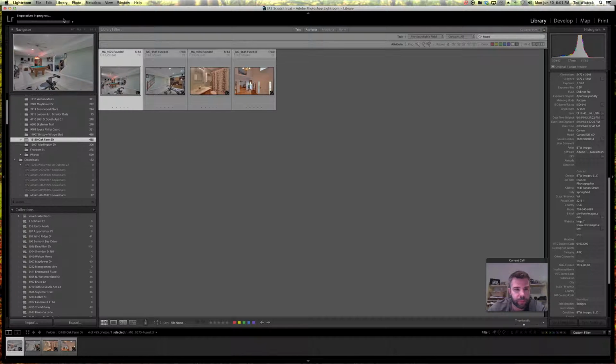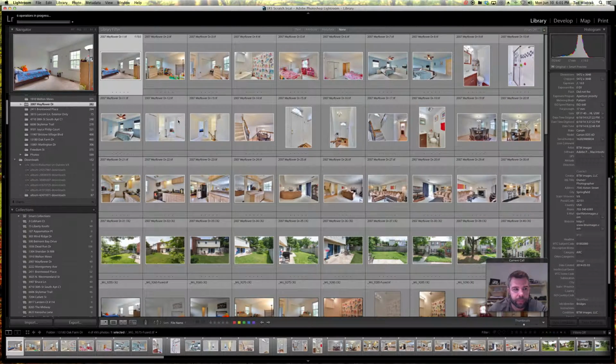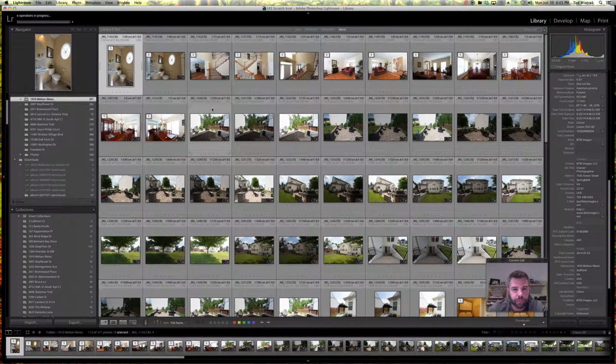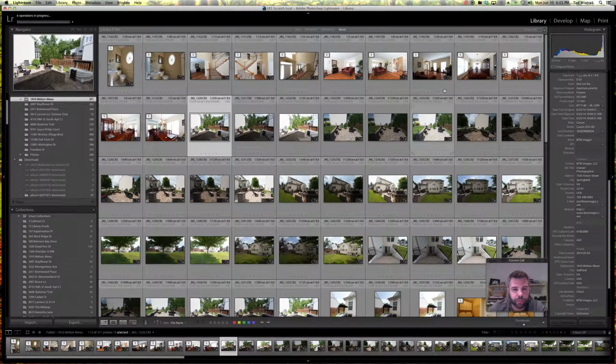Other than that, you just wait, and however long your computer takes to fuse them, they'll all import. A lot of times what I'll do is, so for this one, if I have the time and I'm waiting and your computer can handle it, I'll go through